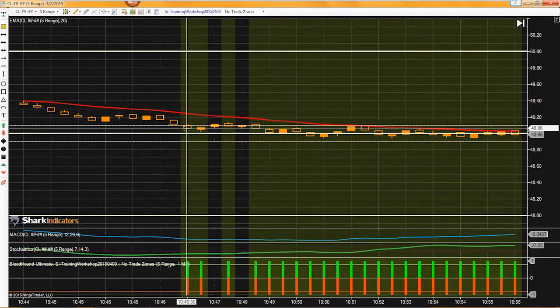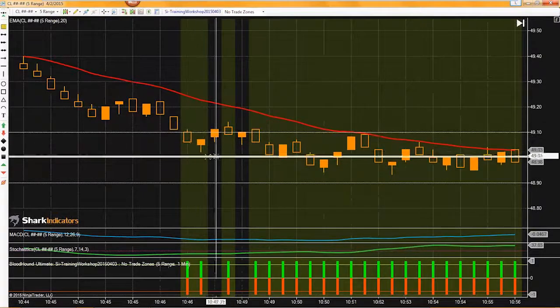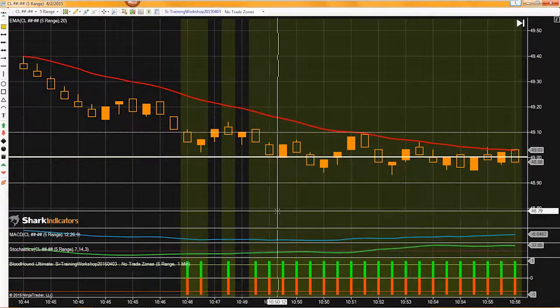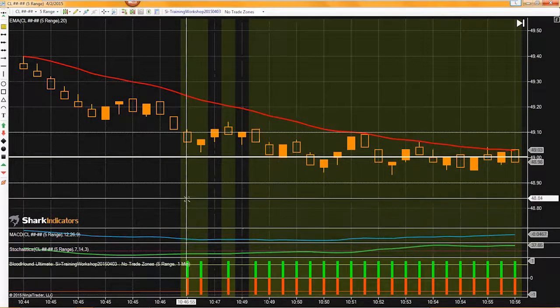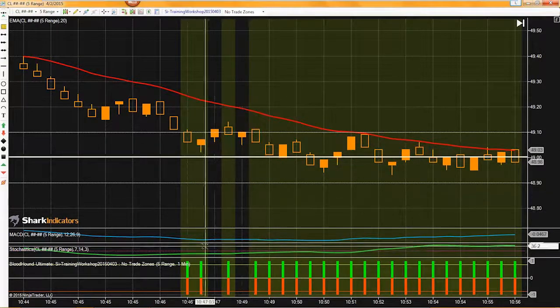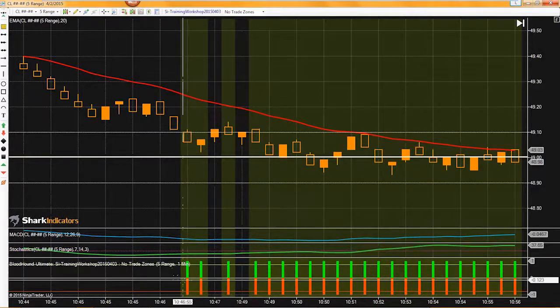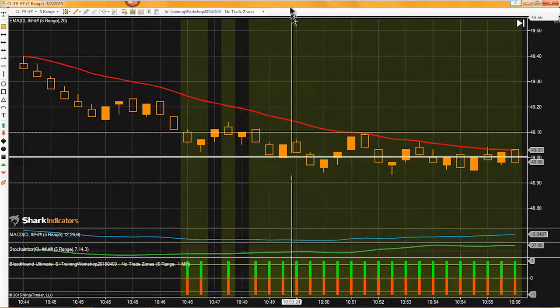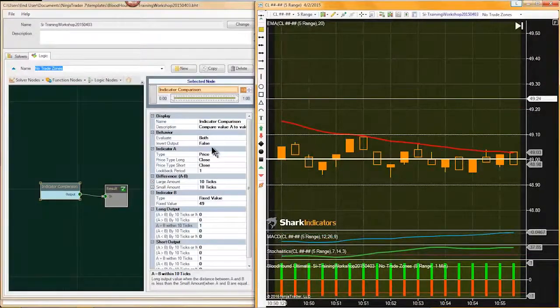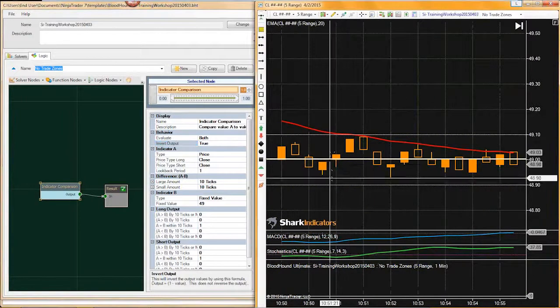So you can see whenever the closing price gets within our 10 tick range, we have an output. Now this is set up the opposite of what James actually wants. James wants to prevent trades when price gets within this range. So we actually want to invert this output. So if I take the invert, set that to true,